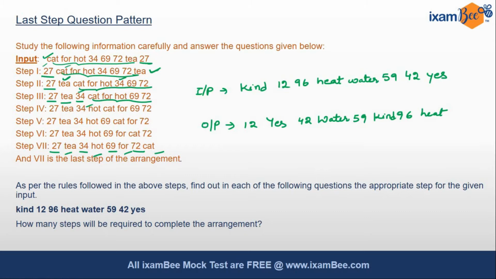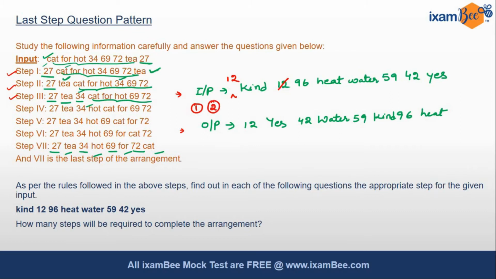Now friends, there are two ways. Either you go step by step with your input and try to reach here, or else there is a shortcut method which you have to adopt. Now you know that in your exam you will not get sufficient time, so it's better you adopt the shortcut method. In our shortcut method, we write here step 1. We know that the first position should be 12. So we'll write 12 here and cut it from here. This was the first step.